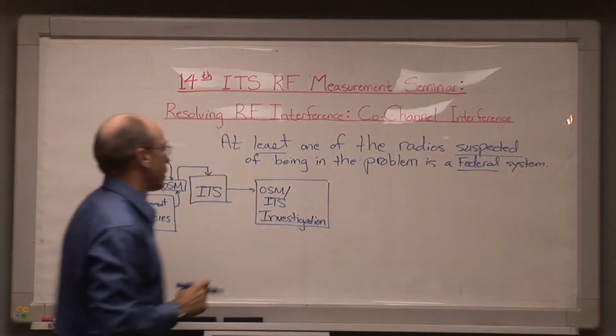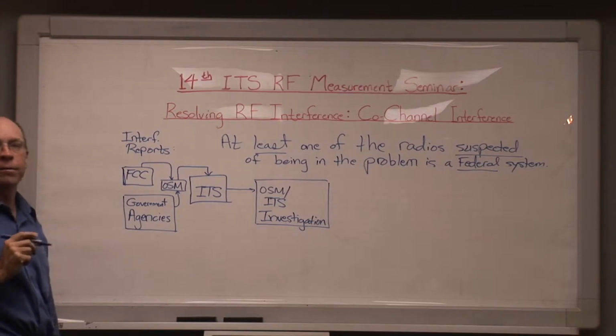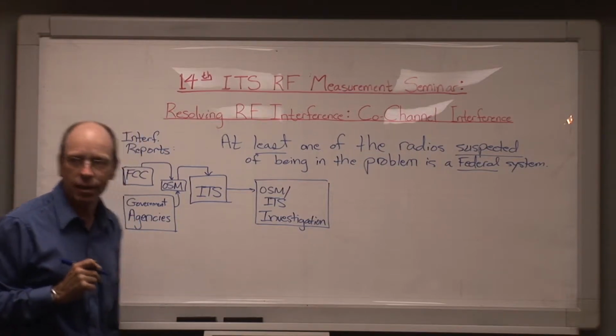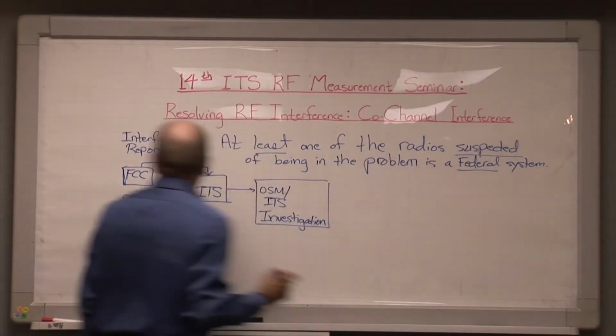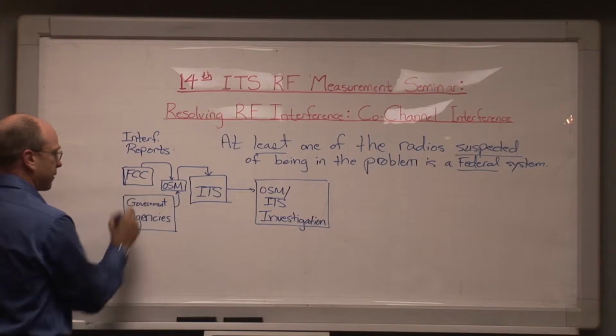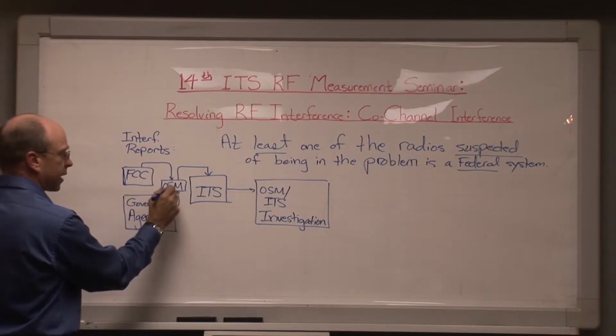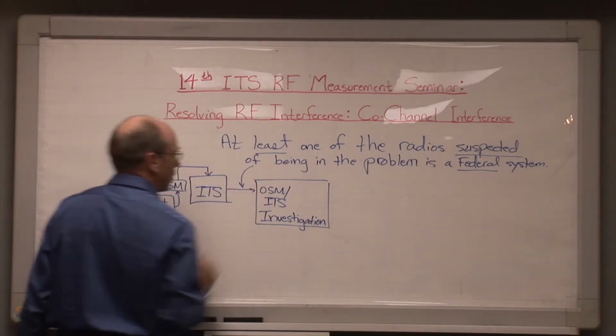So if either the transmitter that seems to be producing the problem or the receiver that seems to be getting the problem, or both, belong to the federal government, then, depending upon the reports that come in from the FCC or from various government agencies, typically, as I say, to OSM and then to ITS, then, if that condition is